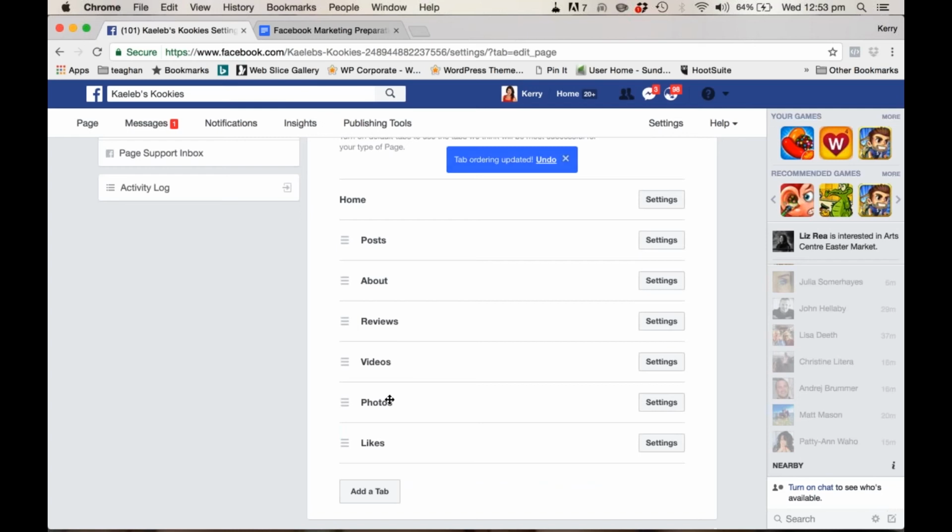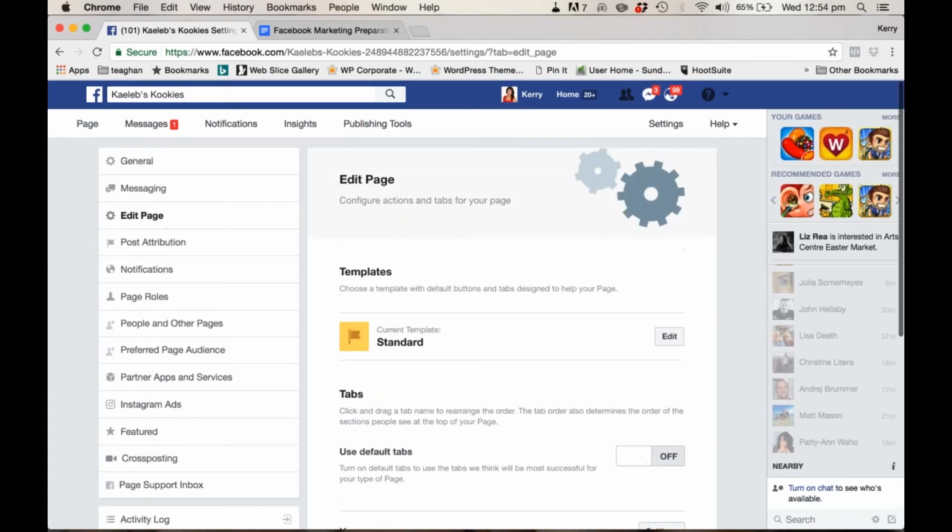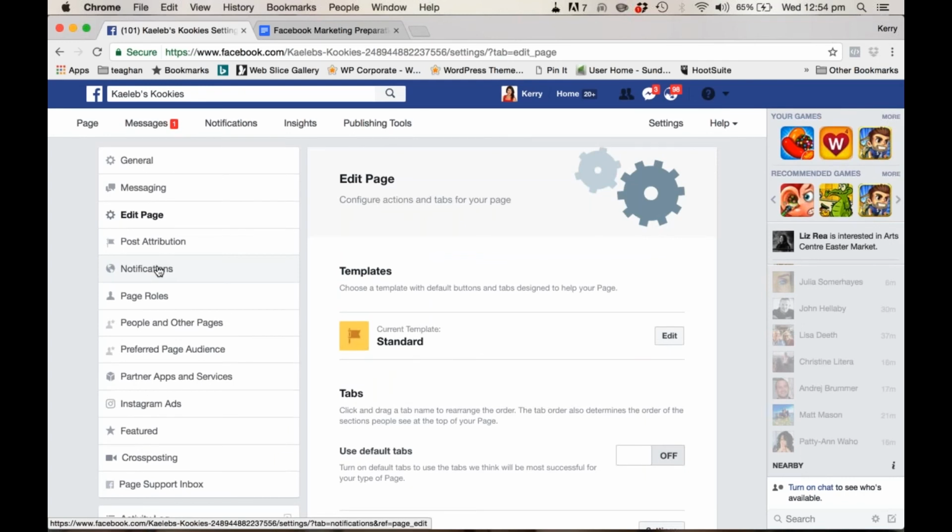We can bring photos up, posts, photos, about. So you can move them around. You can add a tab if you're going to be doing something else. We'll show you a bit more detail about that as well. If you want to add someone to your page,